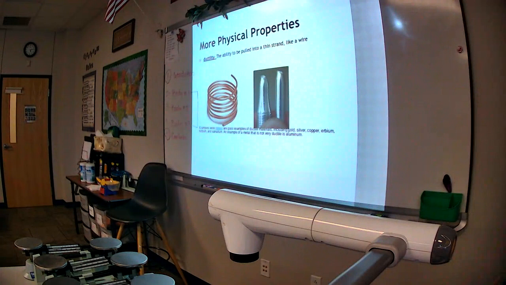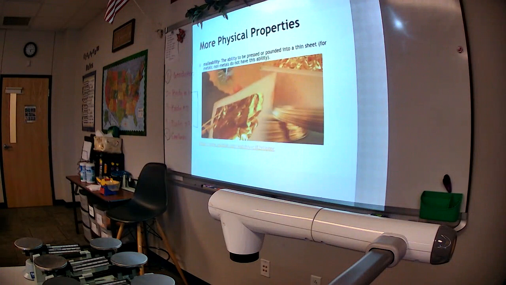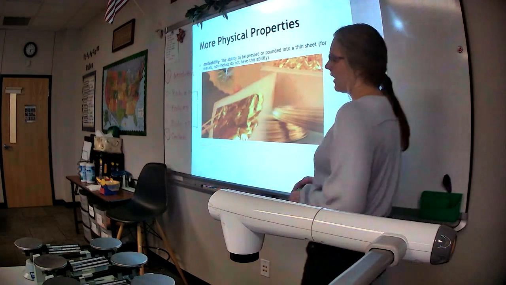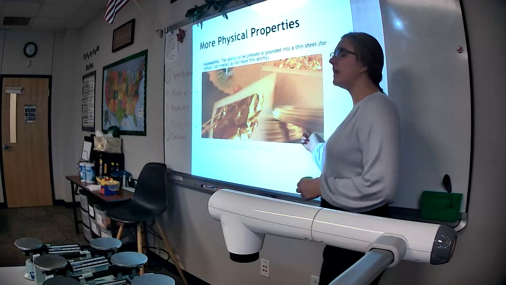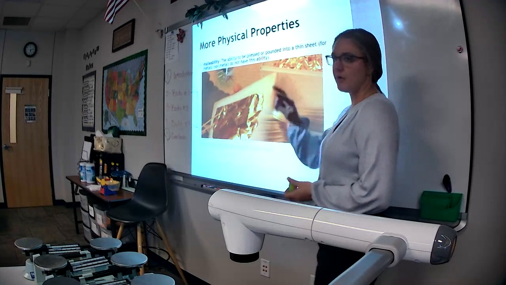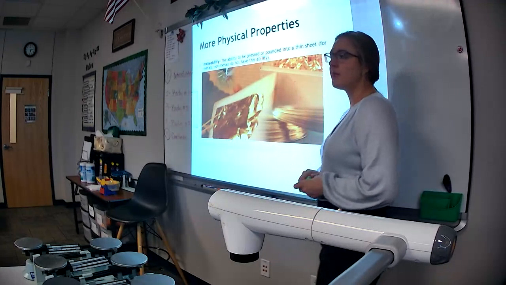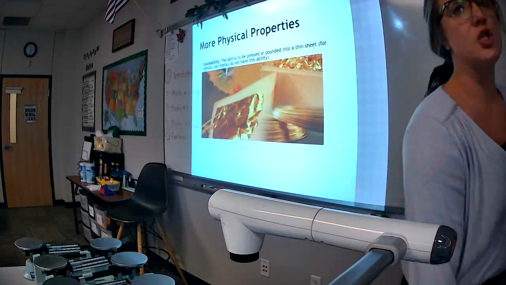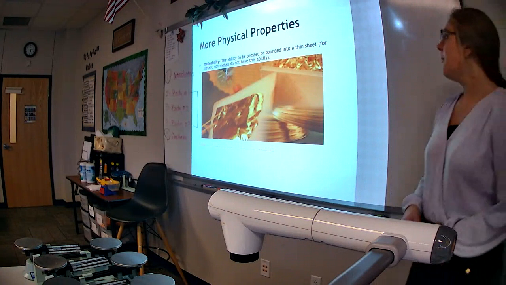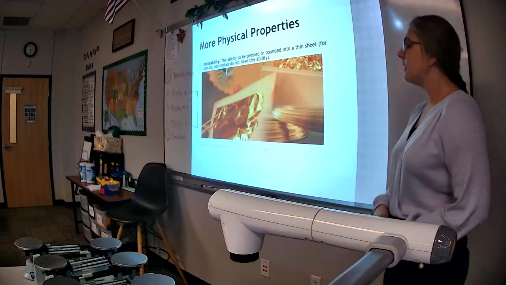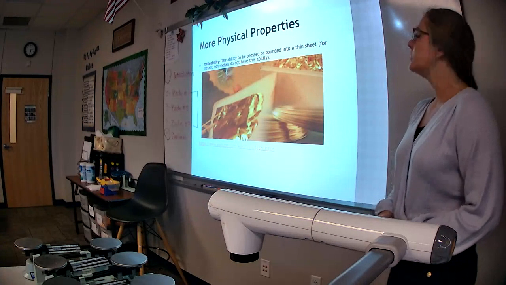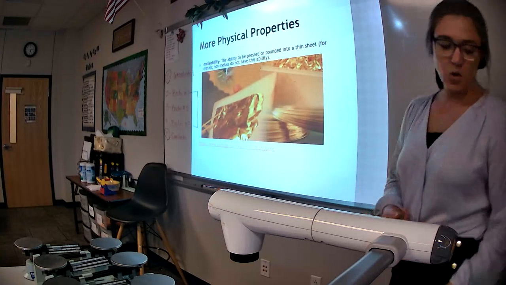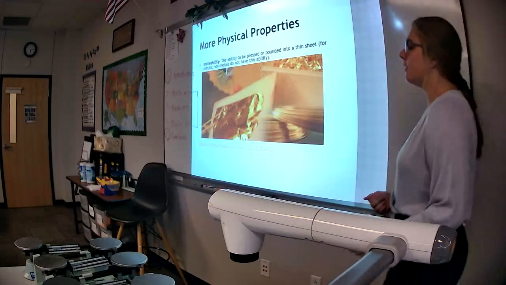All right, ductility. Next one is malleability. Your cue for malleability is the word molded. Both are M words. Not molded like moldy bread, but molded as in shaped or pressed into a certain shape. Malleability is the ability of a metal to be pressed or pounded into a thin sheet. Again, this is only used to describe metals, not non-metals.